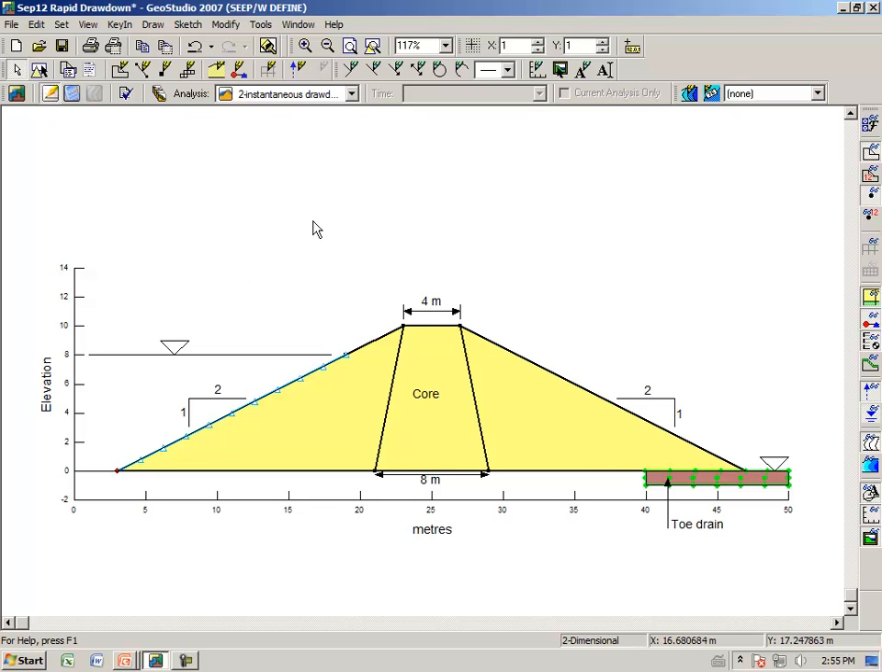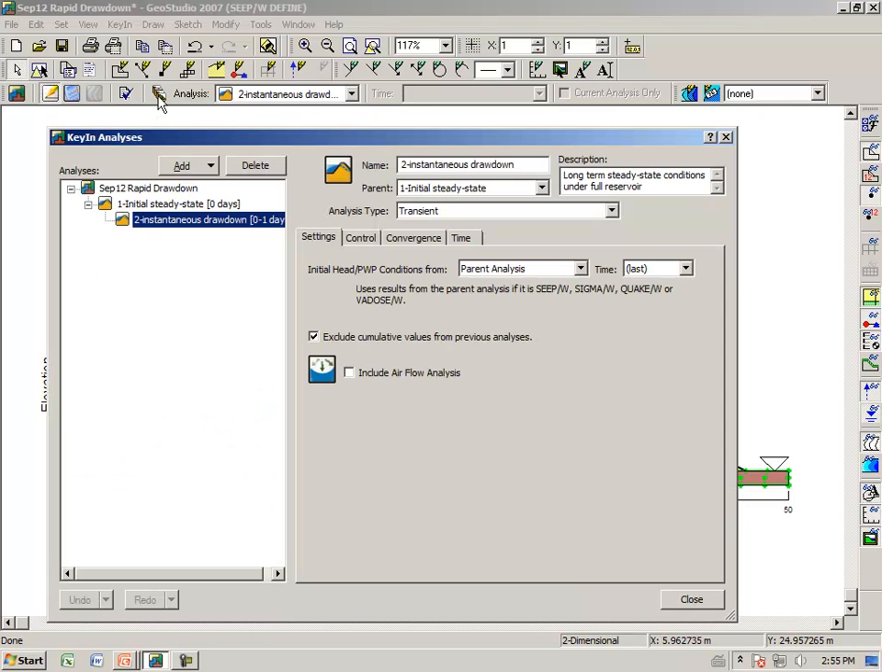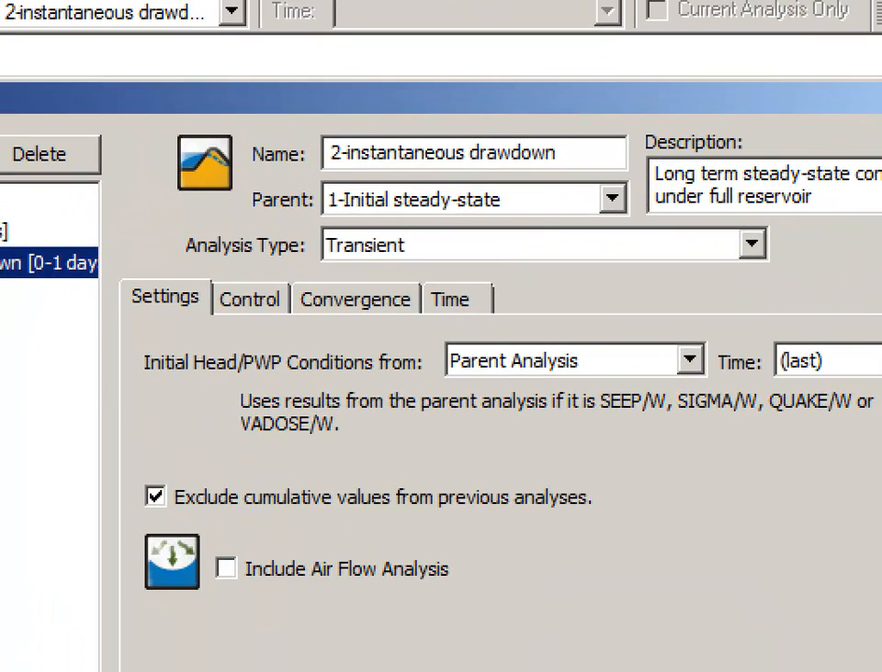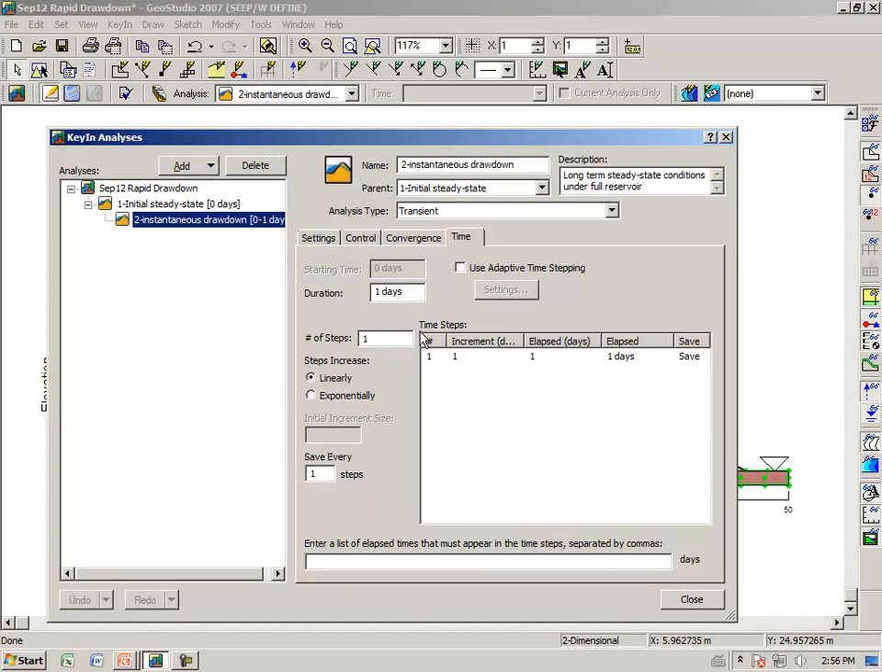Now recall, we are doing a transient analysis, so we need a fourth feature. Recall that it's geometry, material properties, and boundary conditions. We've done those three things, but now we need to say something about a time-stepping sequence. So we go to the key in analysis dialog box, and we have a tab here called Time. We are going to click on this tab and set up our